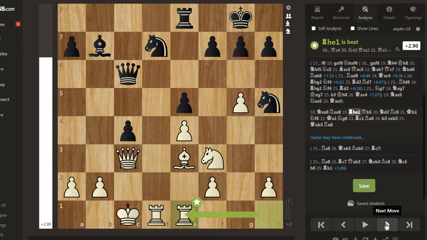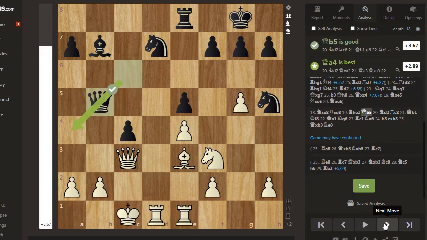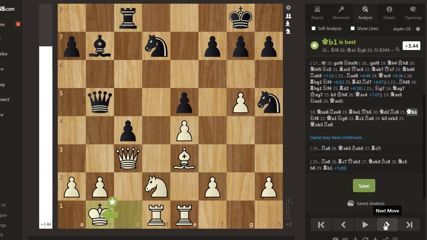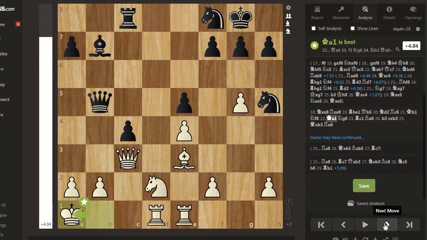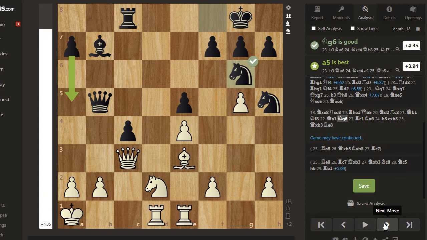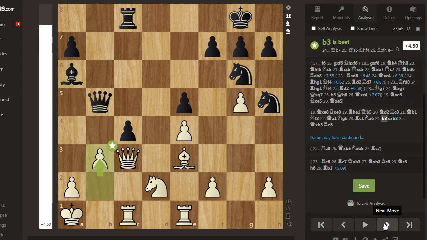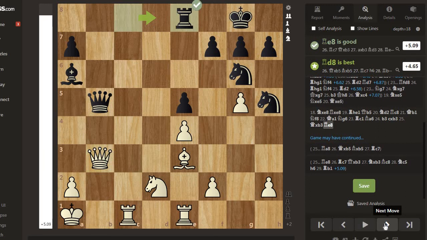and here the computer operators didn't hold out for long before giving up the ghost. Queen b5, knight d2, and rook c8, and king b1, and knight f8, king a1, knight g6, rook c1, bishop a6, b3, cb3, queen b3, rook a8,